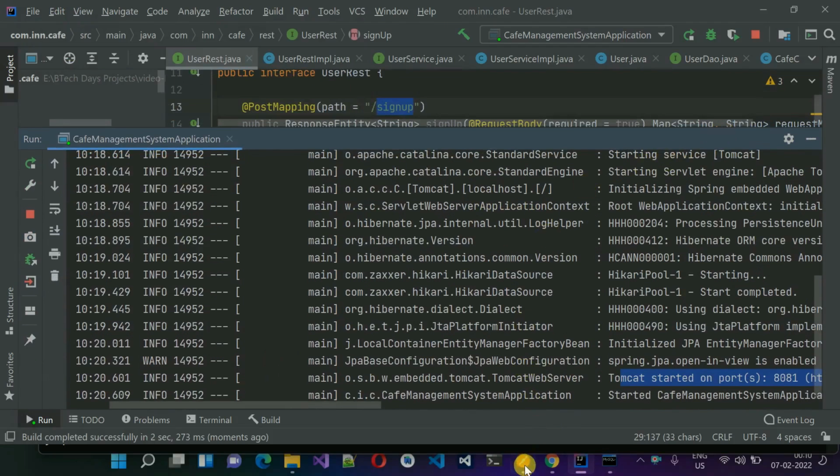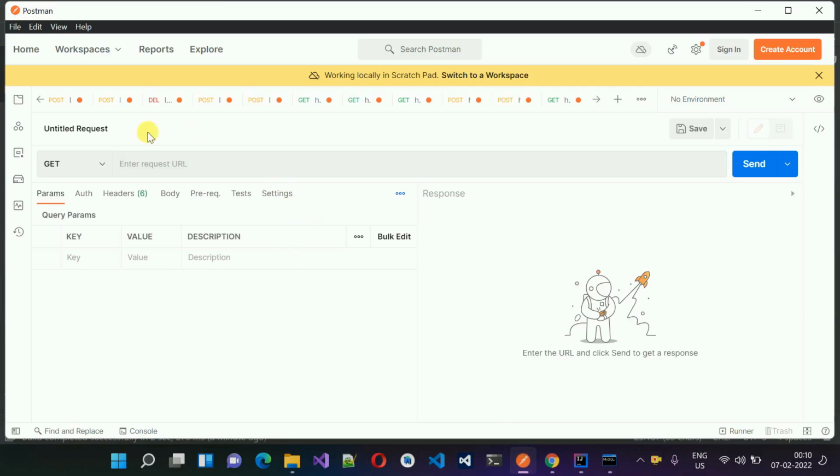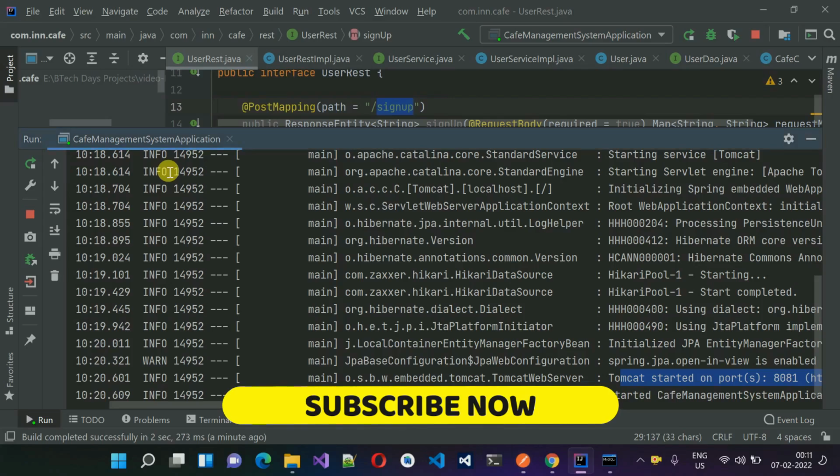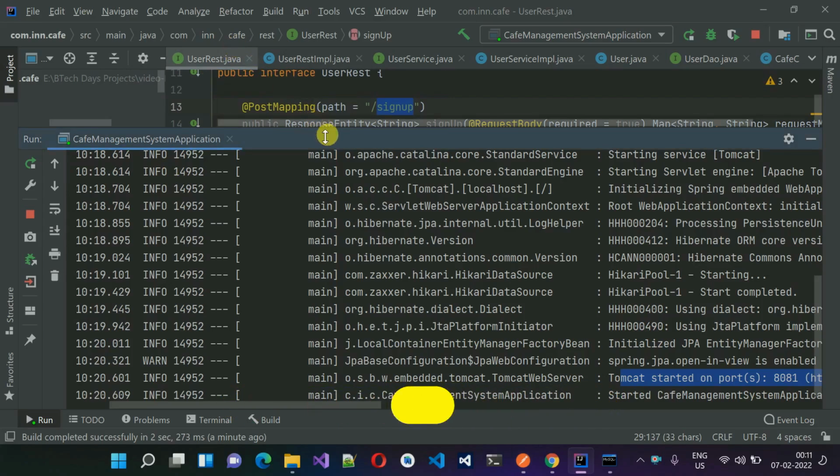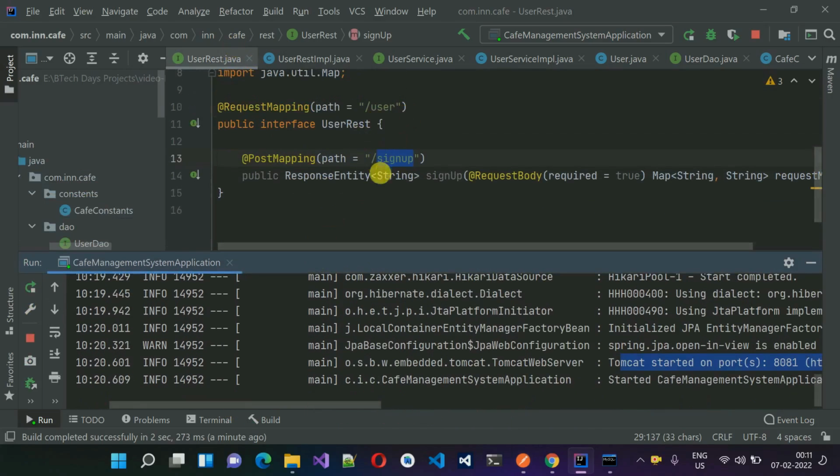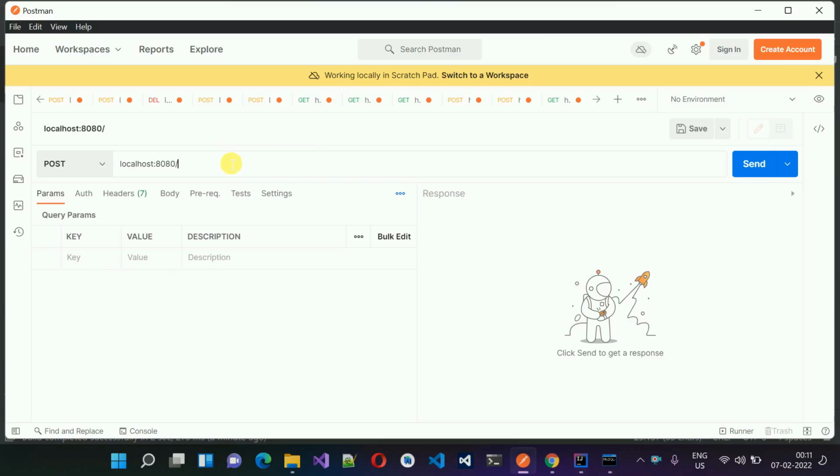So if I move back over here, this application is up and running at port 8081. Now we need Postman to hit the API. So first thing, this API type is post. Just click on this and select post, and this is localhost:8080, and our API endpoint is, at the class we have added, user and /signup. So user/signup, and if I send it,